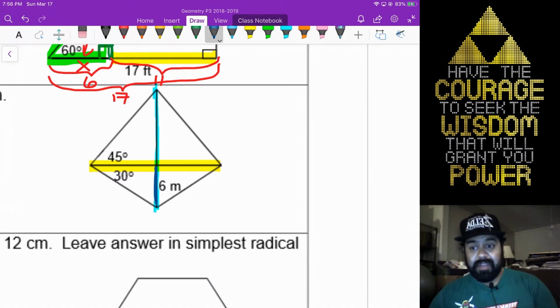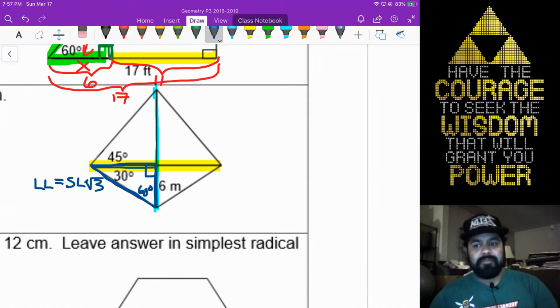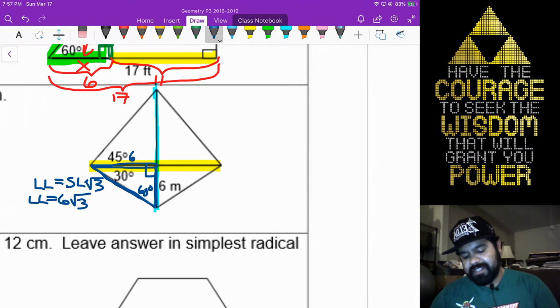So again, we do have a special right triangle here. So I do want to find the length of this side here. So that appears to be a 30, 60, 90 triangle. So therefore we know that the long leg we're just going to find by taking the short leg times rad 3 and then go from there. So we're going to have that equals 6 rad 3. So that's the fun one, 6 rad 3. That side is also equal to the right side, so we're going to say this is also 6 rad 3.